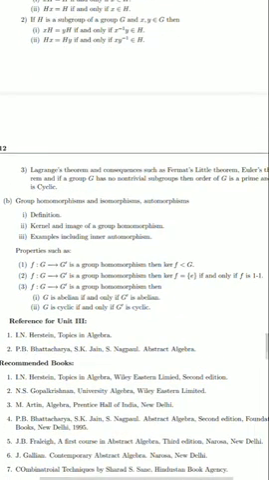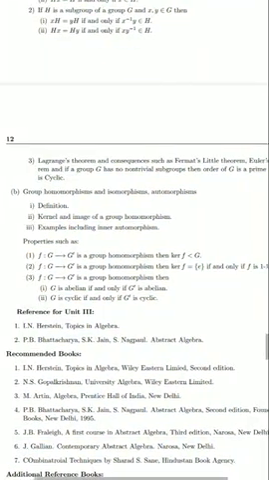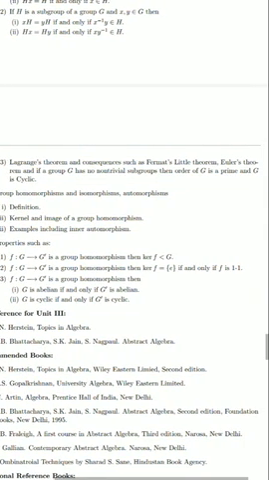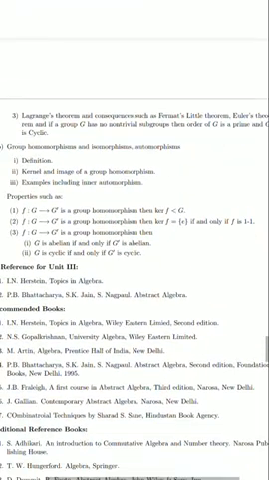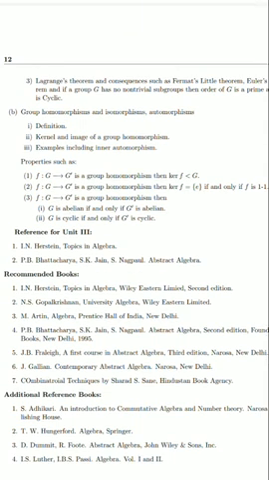Okay, then Lagrange's theorem and consequences such as Fermat's Little theorem, Euler's theorem, and if a group G has no non-trivial subgroups, then the order of G is a prime and G is cyclic. Group homomorphism and isomorphism, automorphism. So we will see the definitions, kernel and image of a group homomorphism, examples including inner automorphism, and properties such as